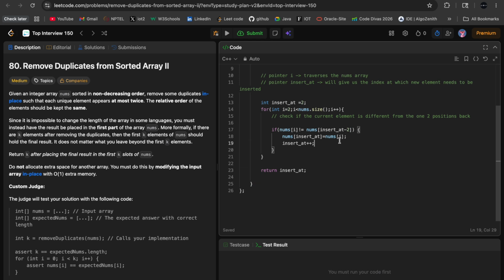Okay, so let us take an example here. Say I have an array 1 1 2 2 3. This is basically the new nums array that's getting built. Obviously it's going to have a few elements afterwards, because I'm assuming we're at a position where the entire array hasn't been traversed and we are in the middle of creating our new nums array. So say I have 3 coming in.